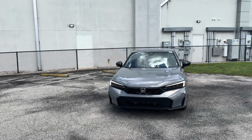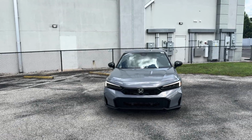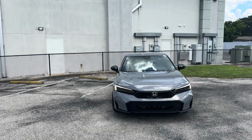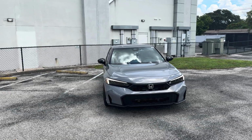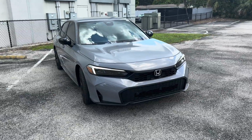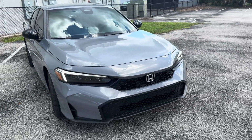base LX starting at $24,595, and the upgraded Sport that you see here starting at $26,595. What else do we get for that money? Let's jump right in. So first thing we notice, we get LED daytime running lights, full LED headlamps, aggressive front